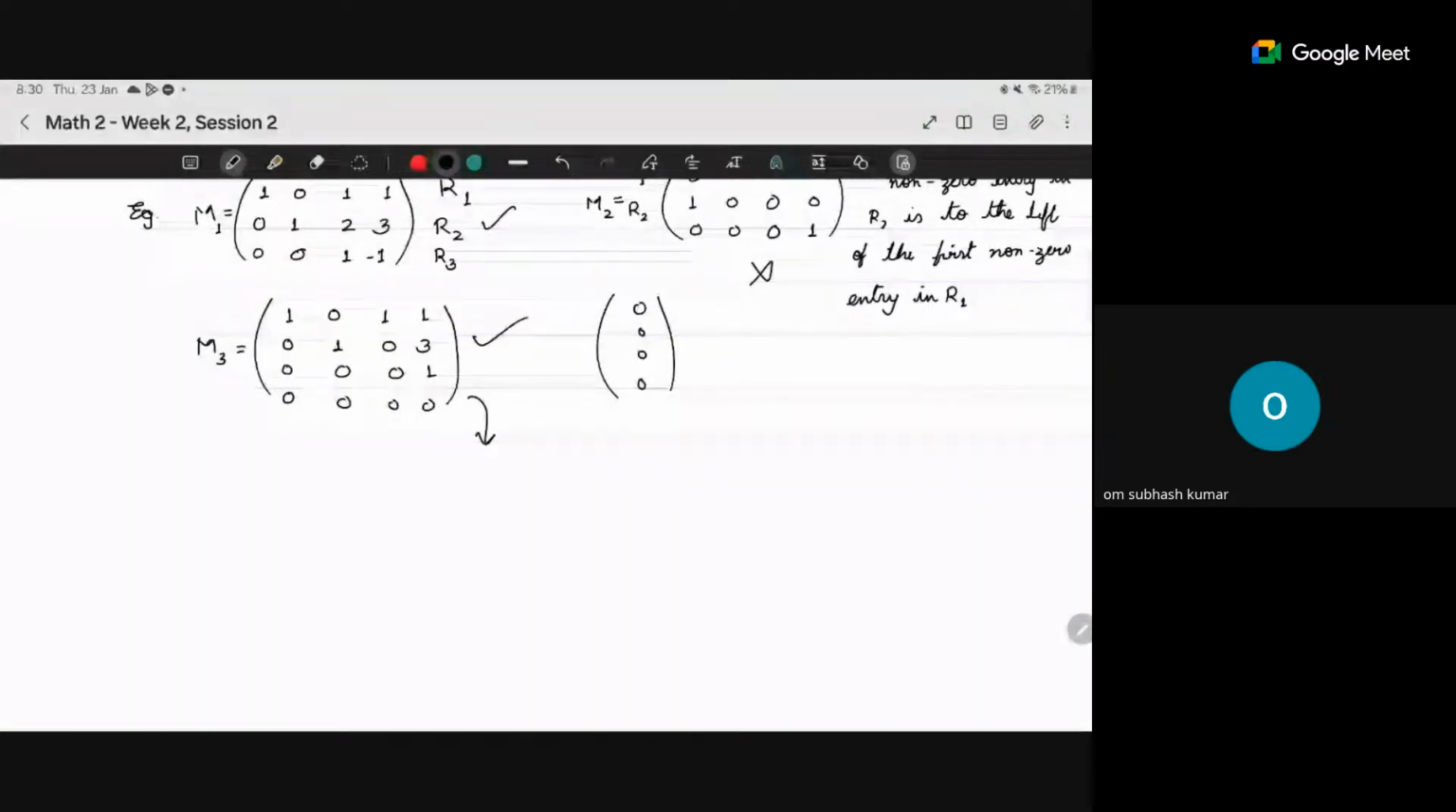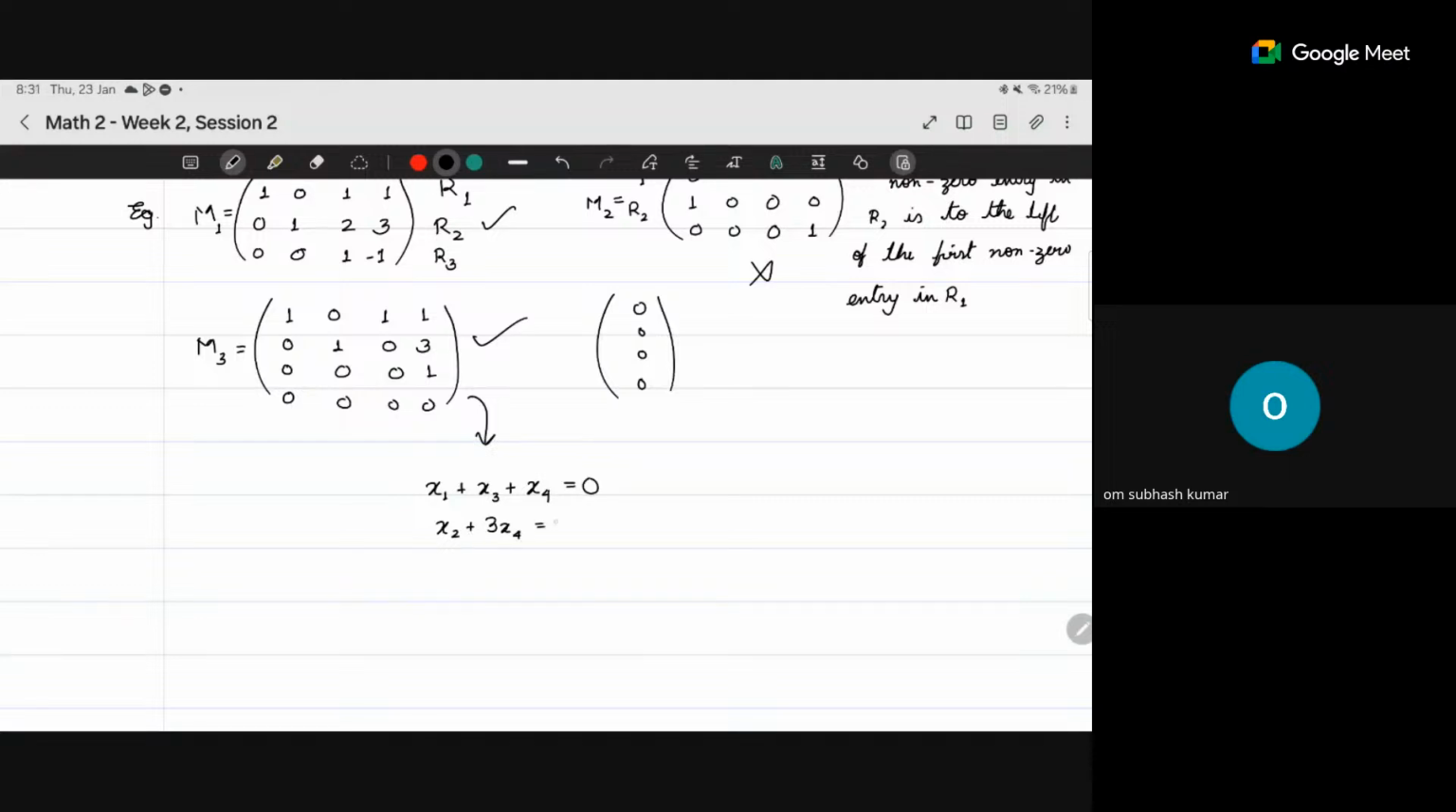Here you will get, let's write that down: x1 plus x3 plus x4 is equal to 0. x2 plus 3x4 is equal to 0. And x4 is equal to 0. Correct? Yes, sir. So because of the design of having the leading entries of one row to the right of the other,